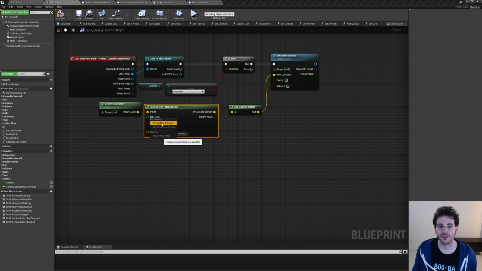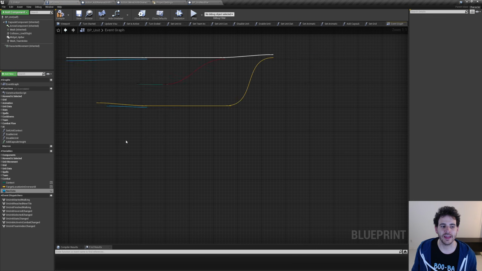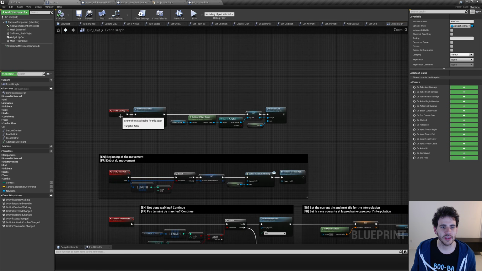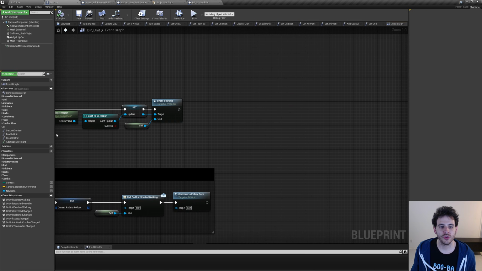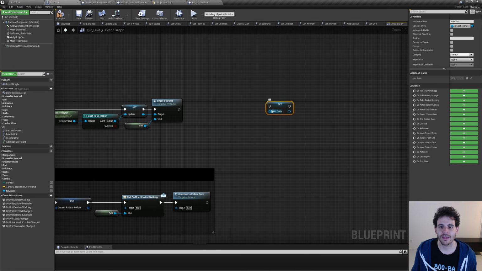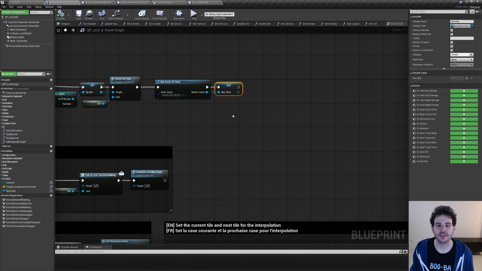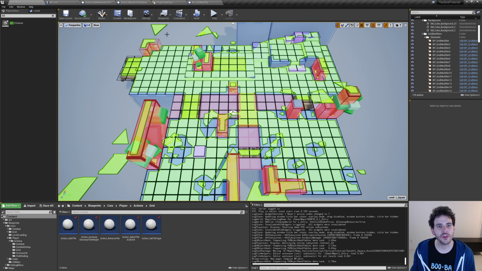So let's just promote that to a variable. So the nav data, here we go, I have it right here in a new variable, and we're going to set that in the begin play. So I'm just going to zoom out and go all the way in the begin play right here, and I'm going to set my nav data using a get actor of class. So get actor of class, the class is going to be the recast nav mesh, which is the actor that is automatically spawned when we add a nav mesh in the world, and we're going to use that to set the variable. Now that variable is going to be reused when we try to move the unit on top of the